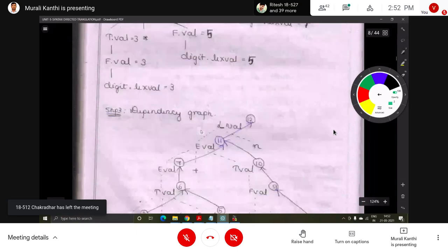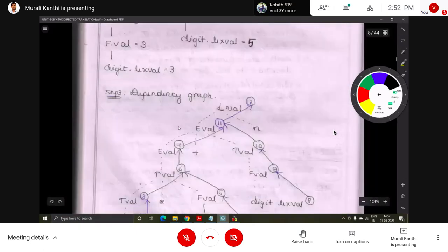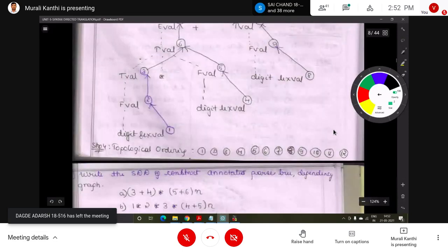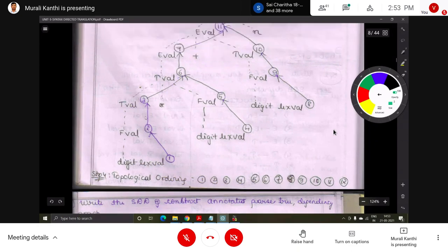Then how can we write the dependency graph? First, which operation is to be performed first? Taking the value, 5, is the first step. Next, copy it into F, that is the second operation. Next, F's value is copied to T, third.